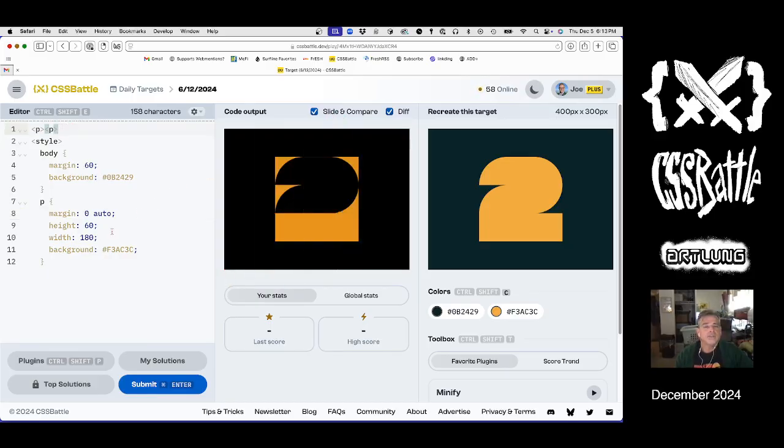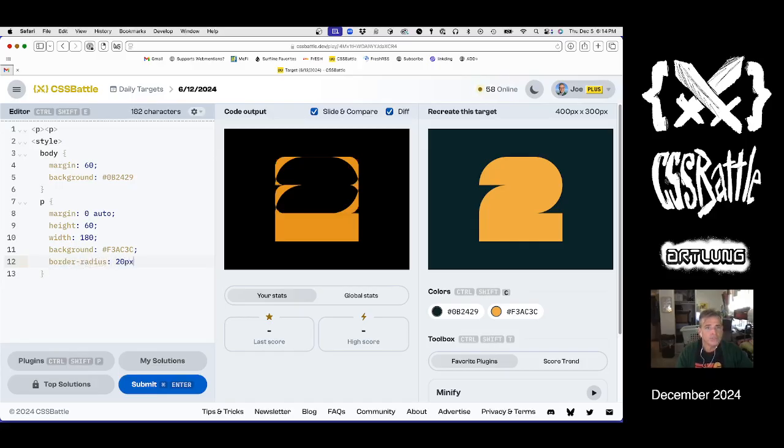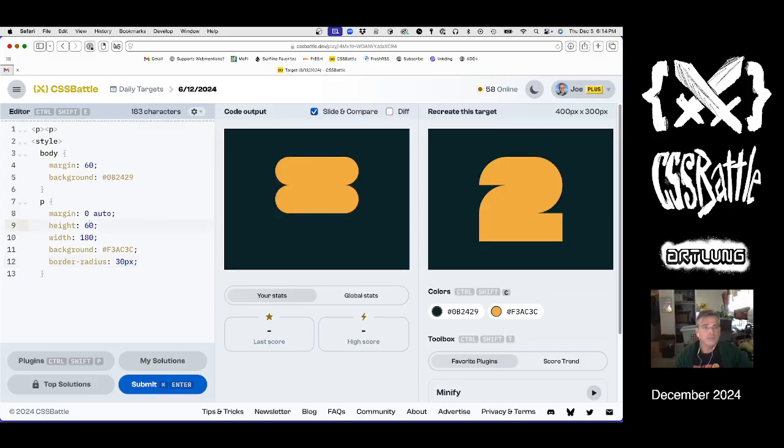And instead of what I was suggesting, we do a border radius. And that's going to be what, 30 pixels. Okay, and then make those heights 120. Okay, and then make that 60. That's going to line up nicely,